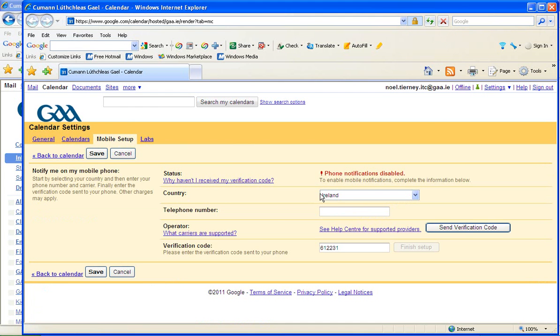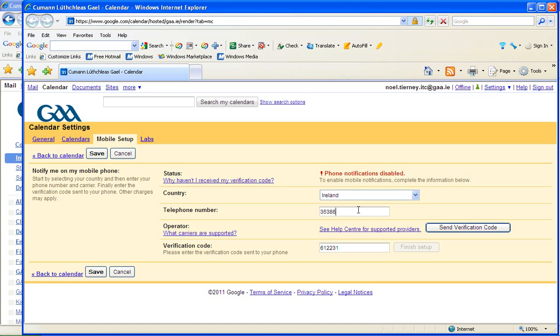With the Mobile Setup, what it means is that for calendars where you are the guest, in other words calendars owned by other people, that they share with you with respect to meetings and other events, as well as getting email notification, especially when the event is set up, but in particular when the event might be cancelled or delayed or moved or changed, then having your mobile phone number hooked up to your calendar, to your email address effectively, means that